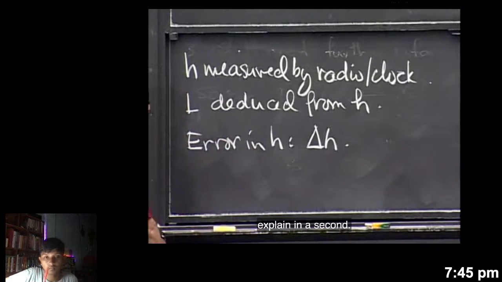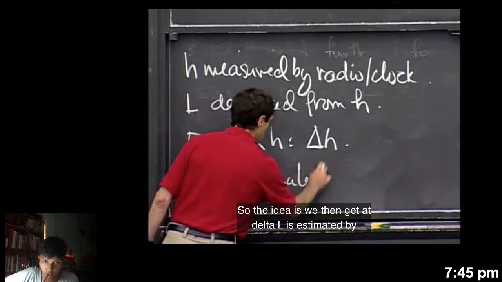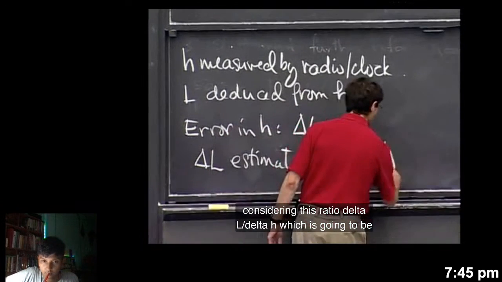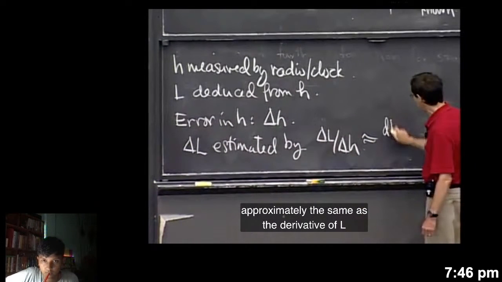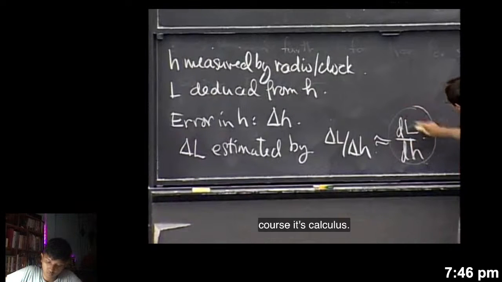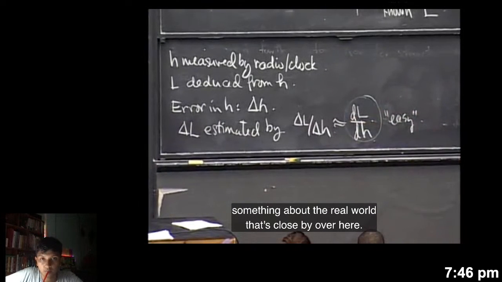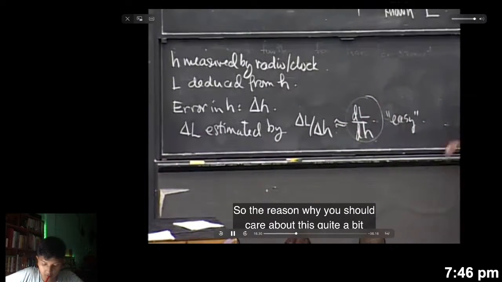So the idea is that delta L is estimated by considering this ratio, delta L over delta h, which is going to be approximately the same as the derivative of L with respect to h. So this is a thing that's easy because, of course, it's calculus. Calculus is the easy part, and that allows us to deduce something about the real world that's close by over here. So the reason why you should care about this quite a bit